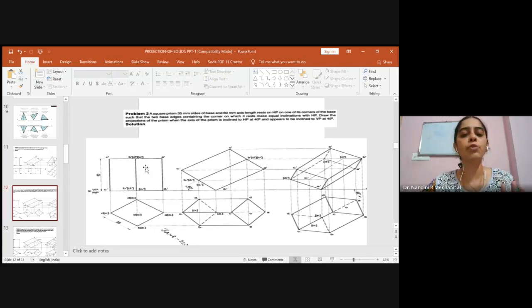I told you the front view, when it is resting on one of its corner, looks like a rectangular surface. But the axis you won't be showing, because the axis is overlapped here with an edge, and hence we have to show a continuous line. So to complete the front view, we need to know the axis length. Even though the axis is not shown over here, the axis length has to be considered to complete the rectangular surface. Axis is overlapped with the continuous line of this edge, but still that dimension has to be considered.